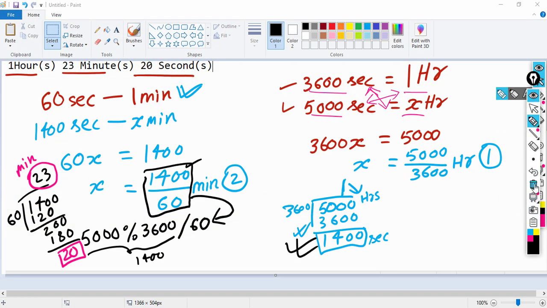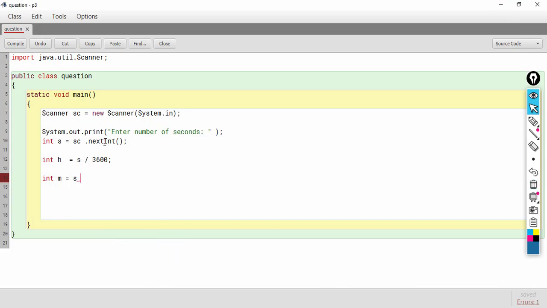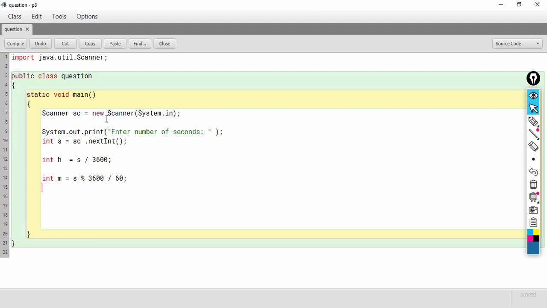Why do I say s? Because this 5000 is stored in s. So, I am going to write down s modulus 3600 divided by 60. So, s modulus 3600 divided by 60, this will give me the number of minutes.